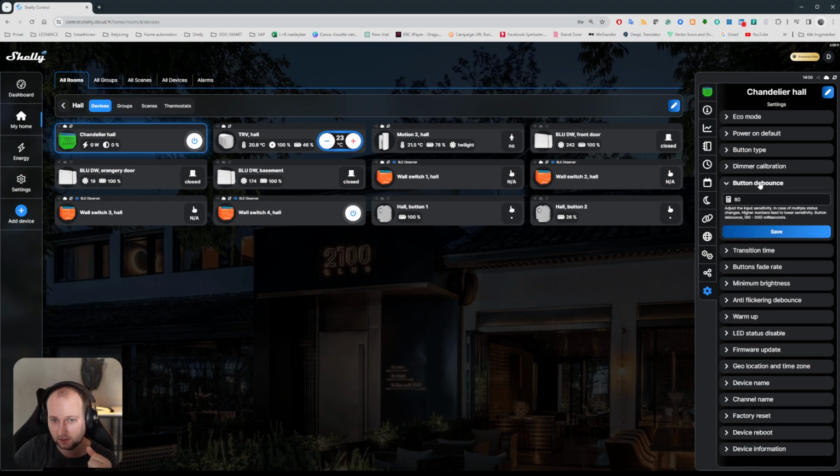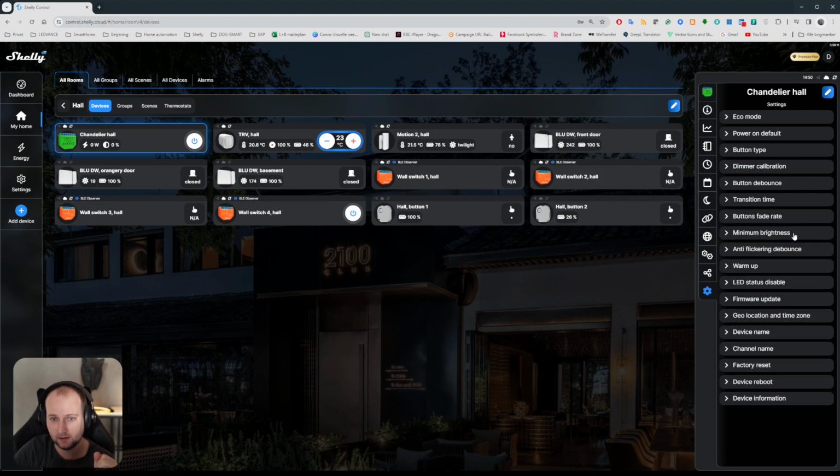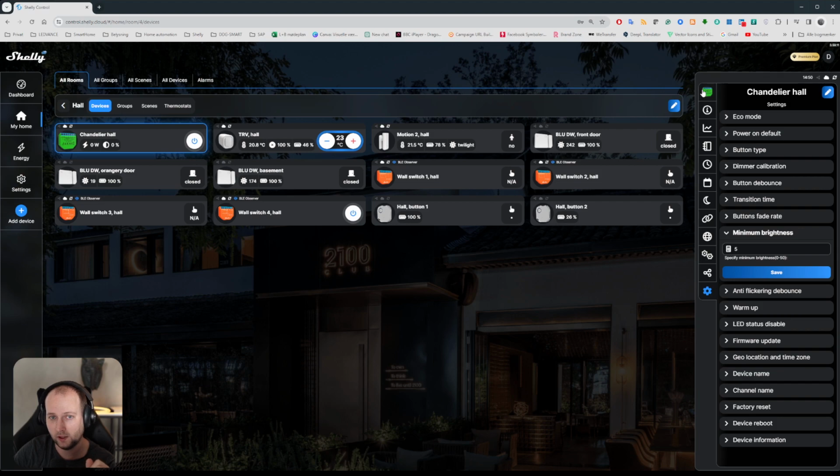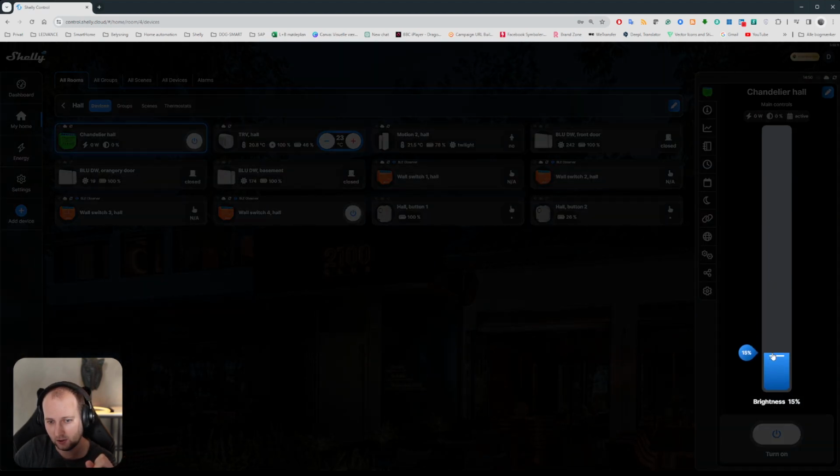Button debounce, so you can adjust the sensitivity of the wall switch. Transition time can be adjusted. The button fade rate, so how fast it should increase or decrease the brightness. The minimum brightness, I always recommend you, when you have installed a Shelly dimmer, try to adjust the brightness as